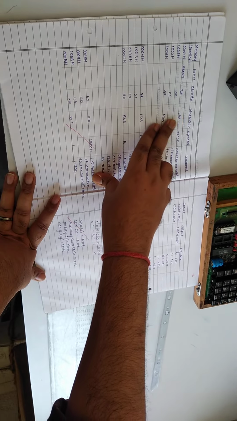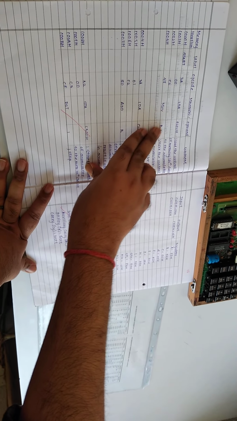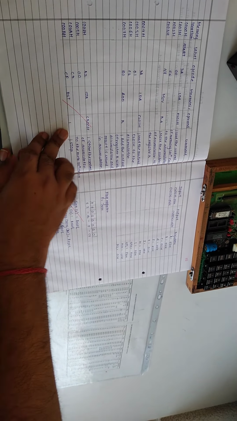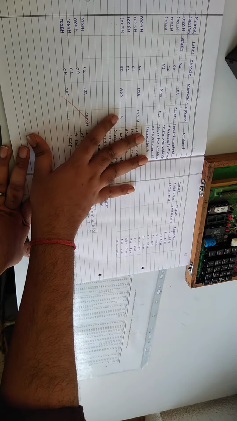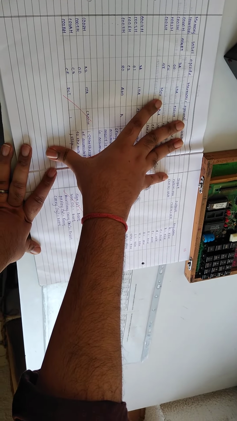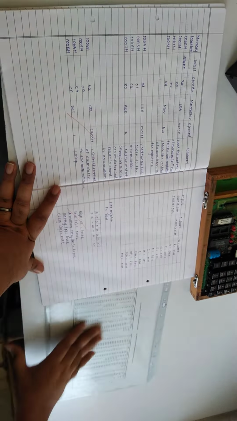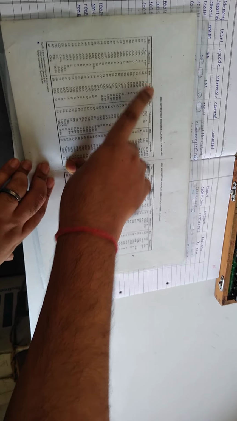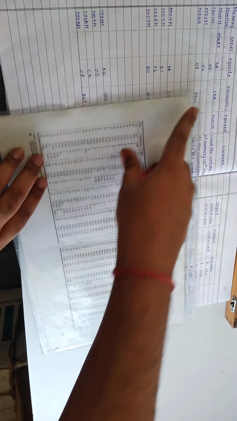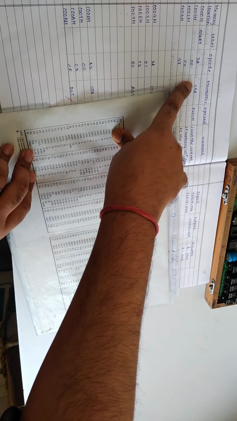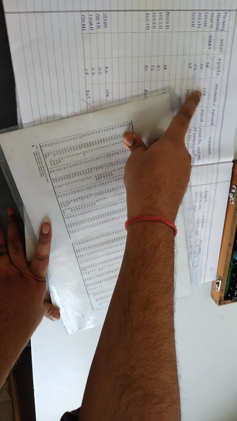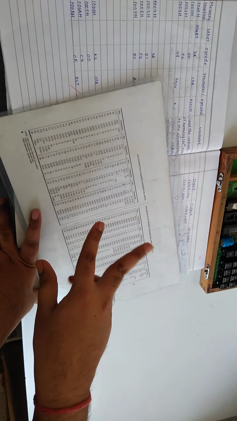Now normally you write this code: LDA C200, MOV B, A, LDA C201, ADD B, STA C300, RST 1. This is the simple code that you write, but this is not enough. We have to convert it into opcode also. So we have this opcode, available here. Now we will find the opcode of LDA. The microprocessor doesn't understand the meaning of LDA. It will understand with the help of opcode only.